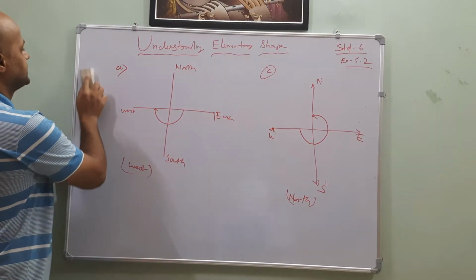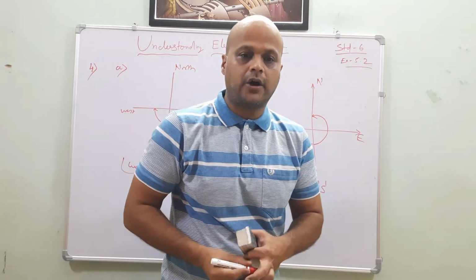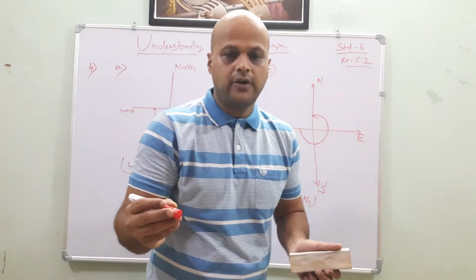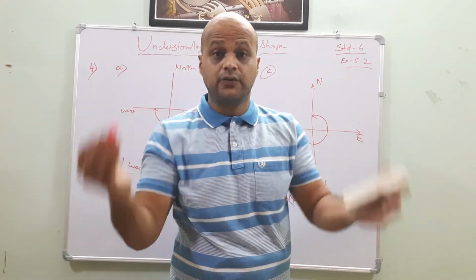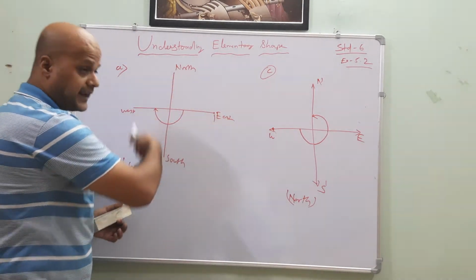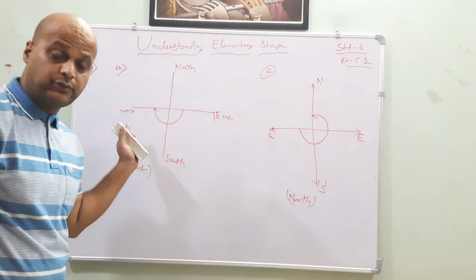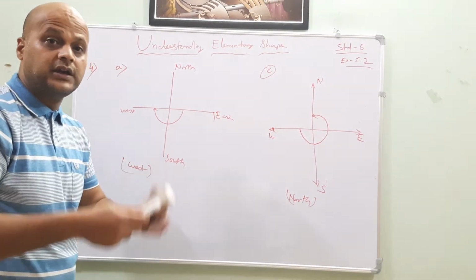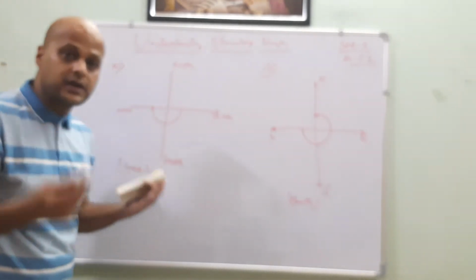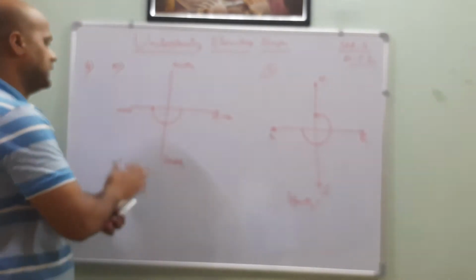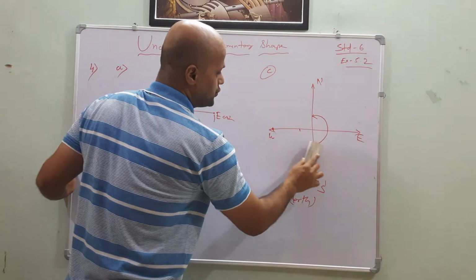What does the fourth one say? It says, what part of revolution have you turned through if you stand facing... Now, what is the revolution asking? The direction is given, and it says that if I take half a revolution, then which direction will I face? Now this is the reverse one. If I am standing in east and I go to west, how many revolutions will I take? Reverse question. Okay, so let it be.